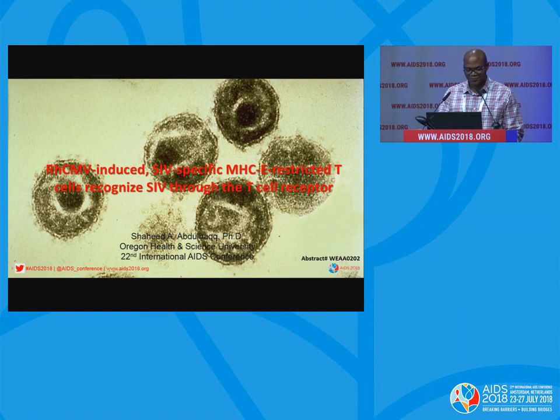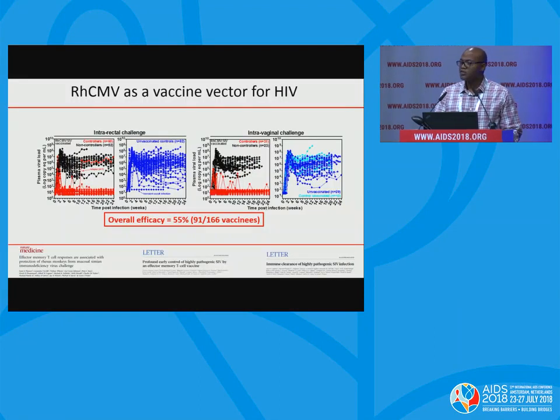TCR. So if we're going to talk about these peculiar E-restricted T cells, we have to talk about the vaccine that induces them. And that is rhesus CMV strain 68-1, which is a really promising vaccine vector in the field of HIV-SIV. As we can see here in this large-scale SIV MAC239 intrarectal and intravaginal challenge study, where we have our